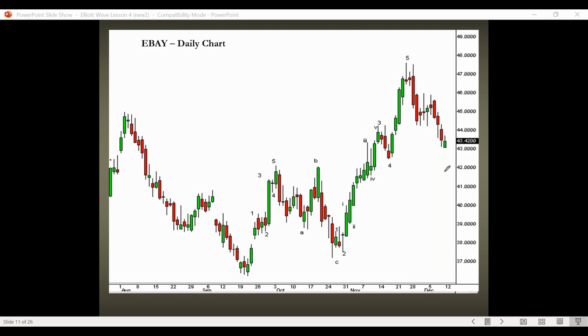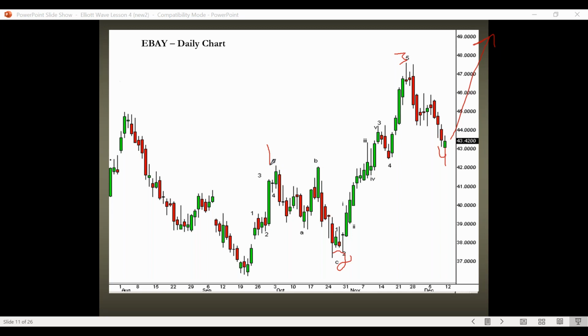Sometimes we get so focused on that 6-month chart. If I'm looking at the 6-month chart, what wave count might I give this if I'm just focusing on here? Well, I might look at, here's a correction. Here's a correction right here, it looks like. I bet this is wave 1, wave 2, wave 3. This is wave 4, and we're going to go higher for wave 5. So I'm going to trade this thing higher.